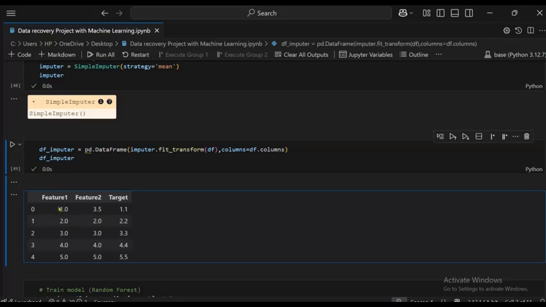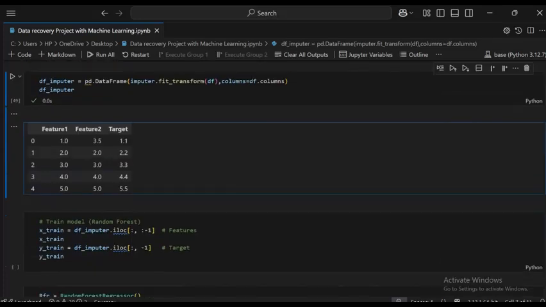If you see the 1.0, it gives the same as 2.0 and 3.0. This one was the null value. There is also the 1.1, which was a null value, and it gives 3.3. And because it is the first position, it gives the mean value of 3.5.